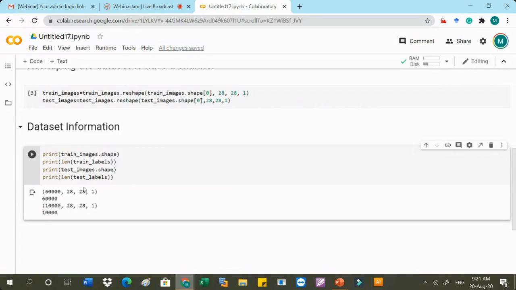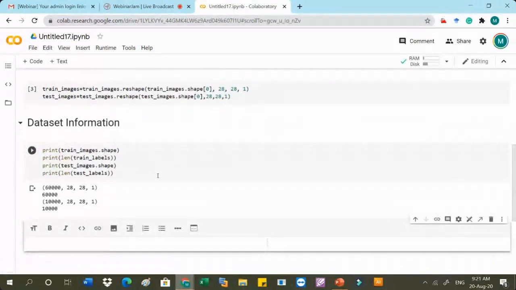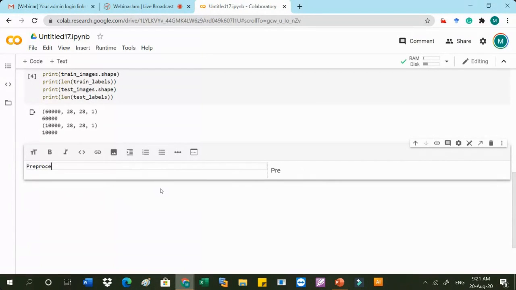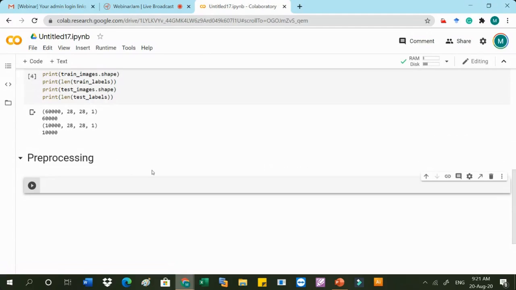Now the next step is pre-processing. We just convert all the values into 0 and 1, so we can perform pre-processing. So what do we have to do in pre-processing?